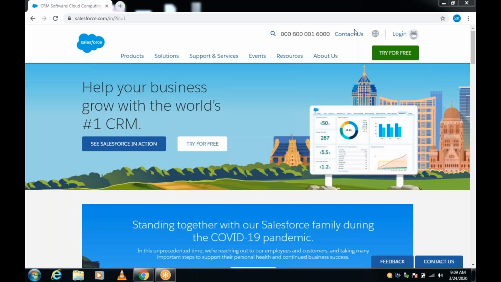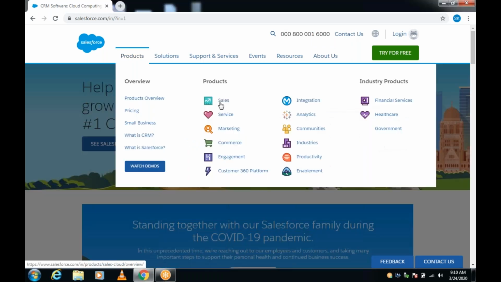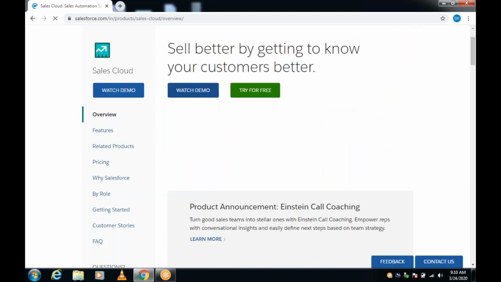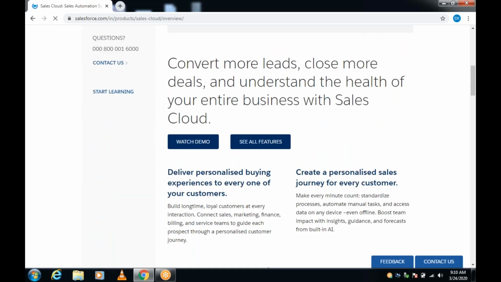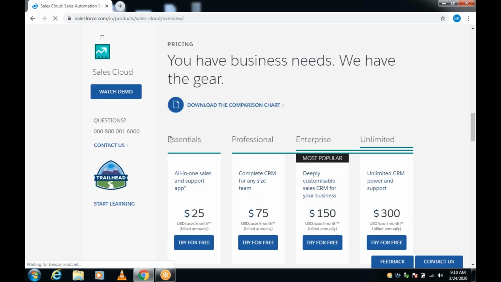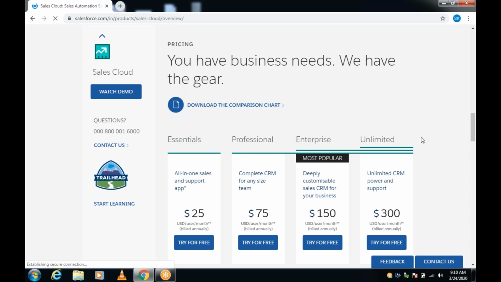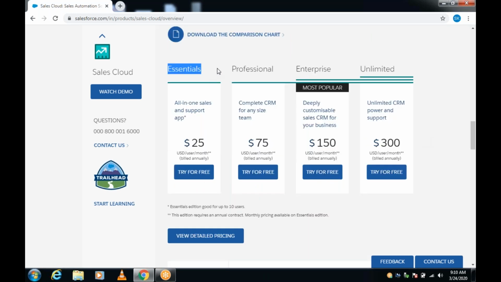In Salesforce, we have different editions. These editions are related to real time. If you get any project, your client will choose these editions. These editions will not be used for practice. The customers who are interested in buying this Essential edition will not get an option to do any